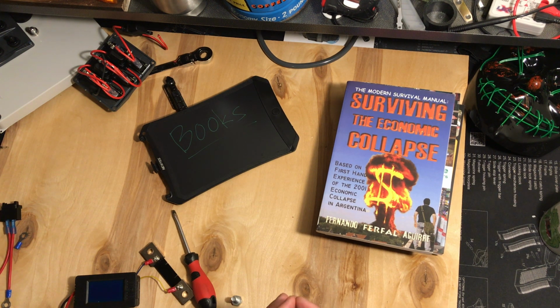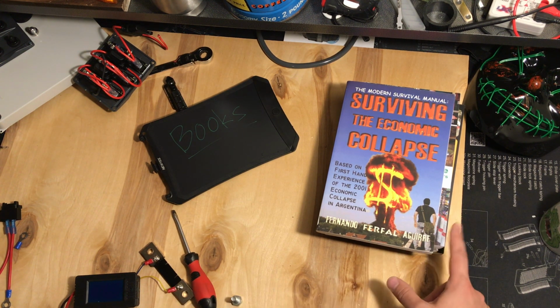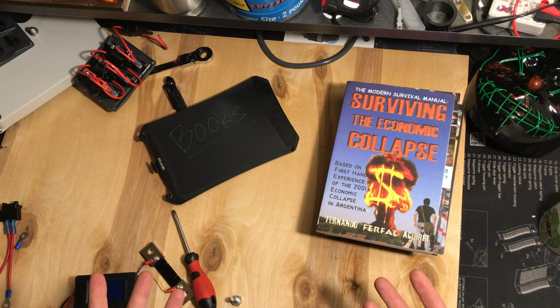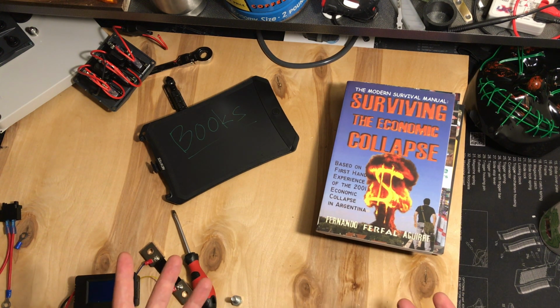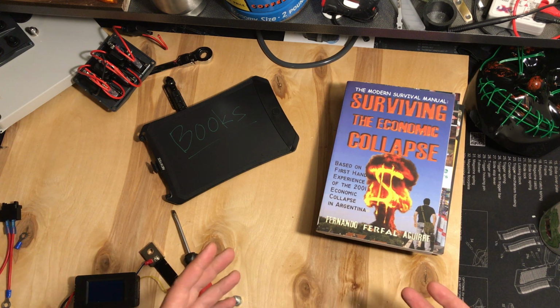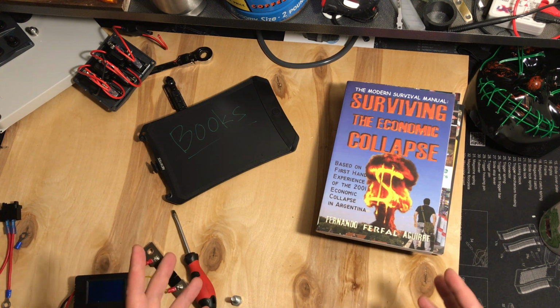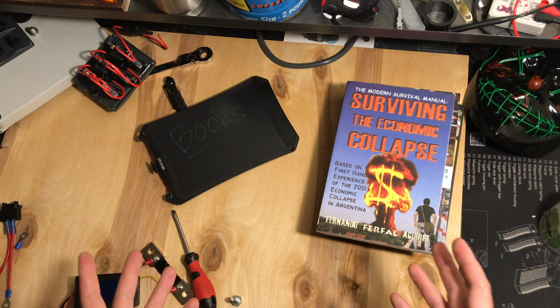What I do think are a little bit questionable, which was recommended in one of these, is the edible plants type of thing. I've been foraging mushrooms for a large amount of my life, and I would still be very careful about picking any mushrooms that I'm not 100% sure what they are, because mushrooms can be deadly poisonous. So don't buy some reference books for plants or mushrooms or something like that and then just use them when you need to survive, because you're not going to look at the pictures and the guides well enough,